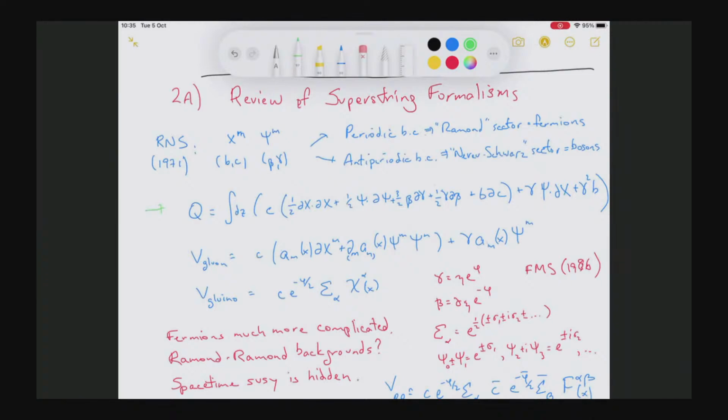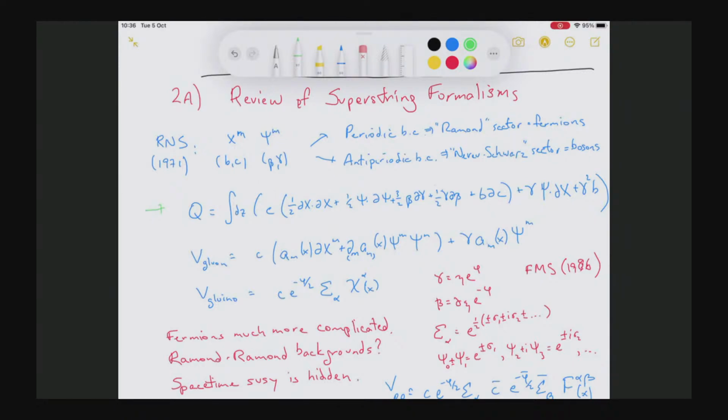The gluon vertex operator you can essentially just read off from the BRST operator. It tells you how, for example, dx is just the translation operator and psi is related to the Lorentz generator. But the gluino vertex operator is, of course, much more complicated. In the RNS formalism, the Neveu-Schwarz sector is very simple to describe. It just essentially comes from N equals 1 superconformal field theory. But